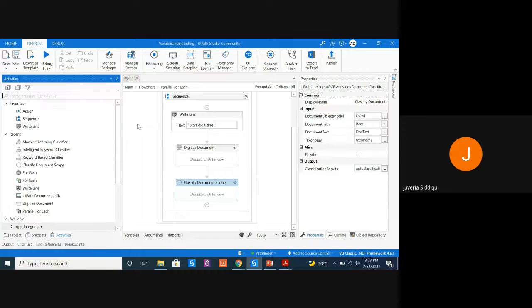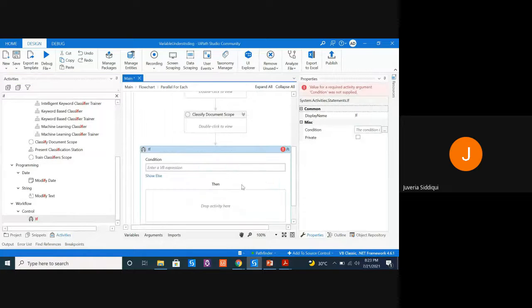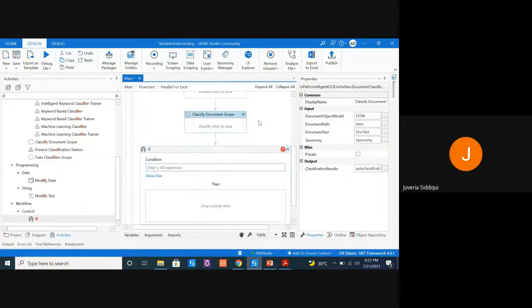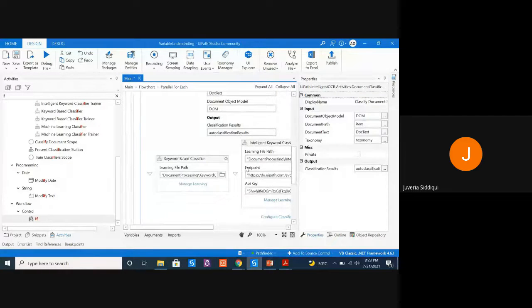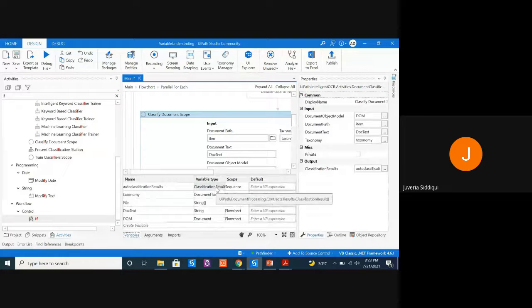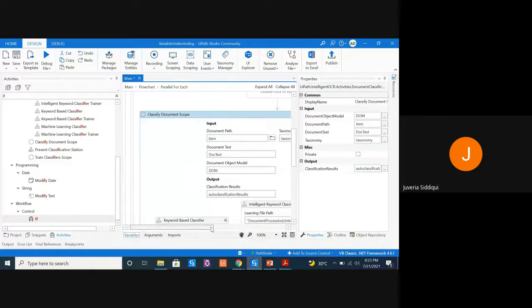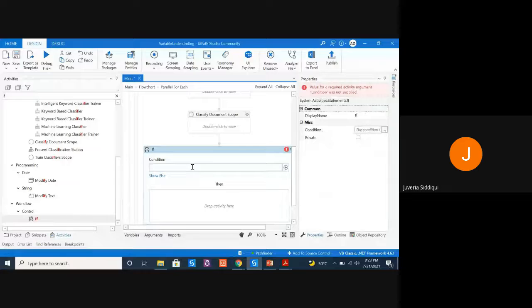So let's start by learning how to use these validation stations. Now let's bring an If condition. It will check if anything has been classified or not. If you remember, I told you that classification will give you an array. Auto classification results is an array of classification results. It's an array, right? What I'm going to do is check if something has been classified or not. So either I check it like this,